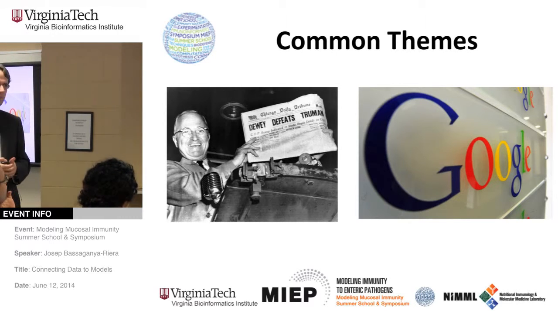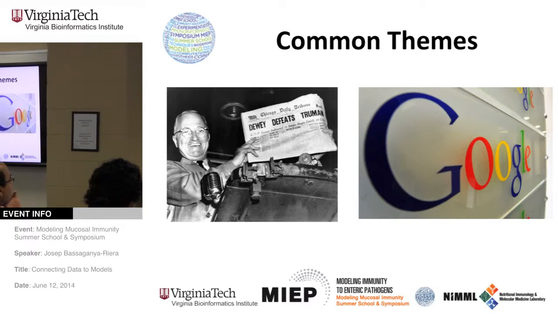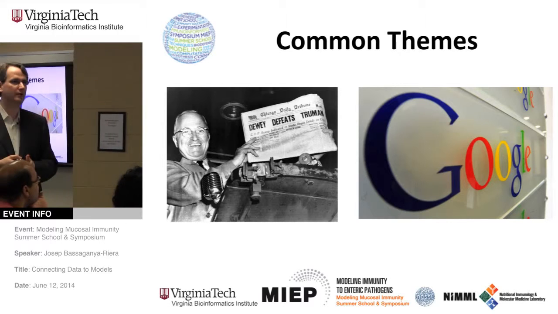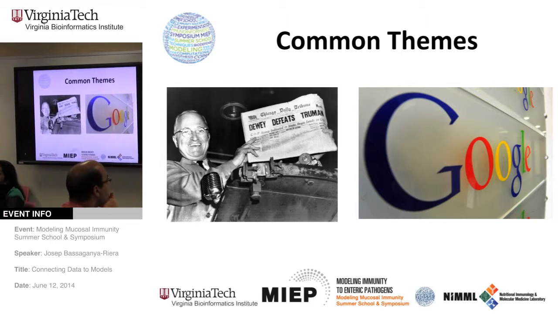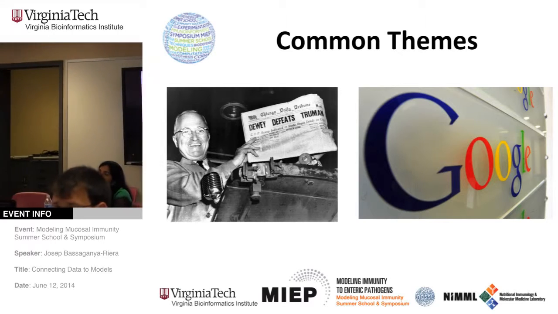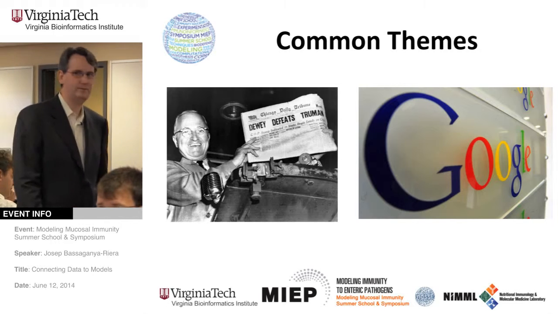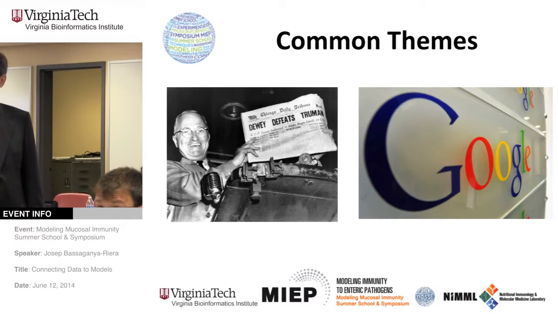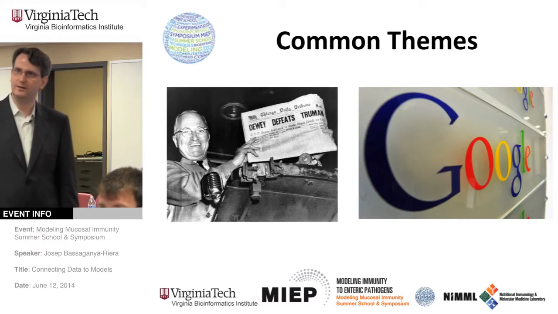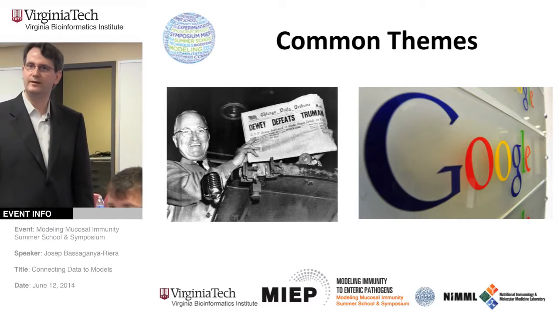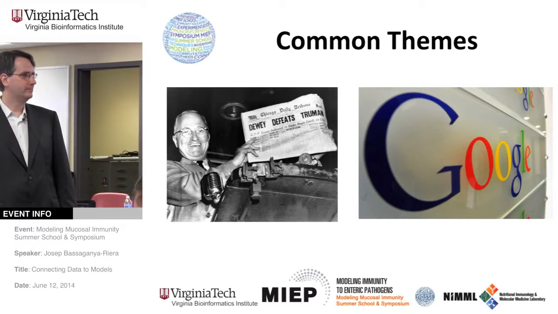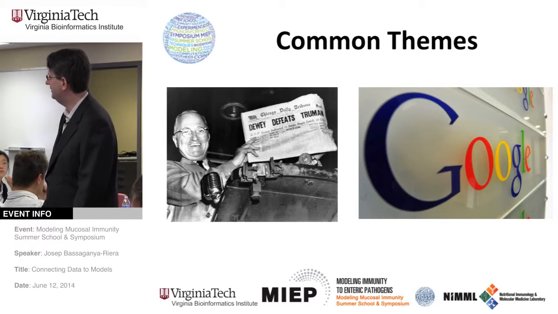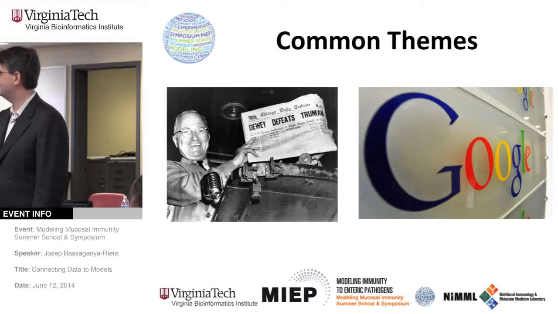I wanted to ask, what do you think there is in common in this context between the Chicago Daily Tribune and Google? And why would I even bring this up today? Does anyone have a guess of what may have happened here? So, the Chicago Tribune article states, Dewey defeats Truman. And I can say that it's a 1948 picture. Sorry? You don't always get what's predicted. Is that what you're trying? I think that's the point.